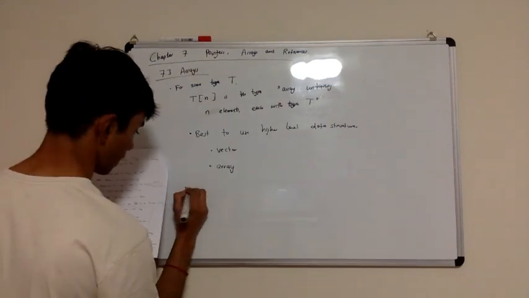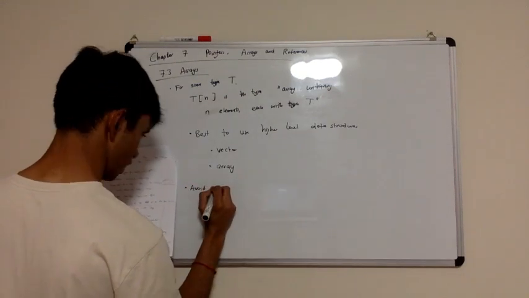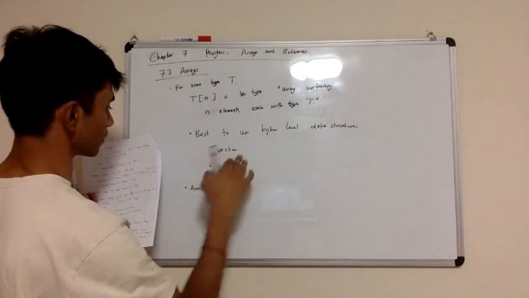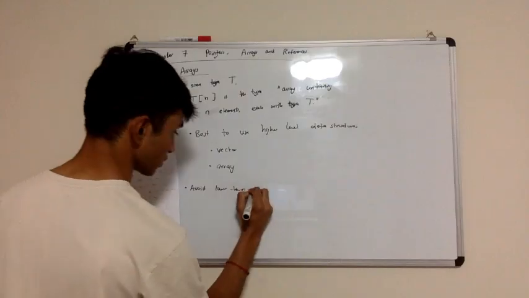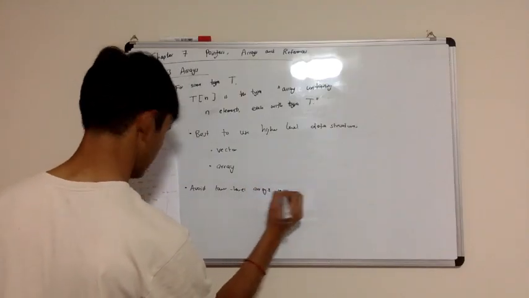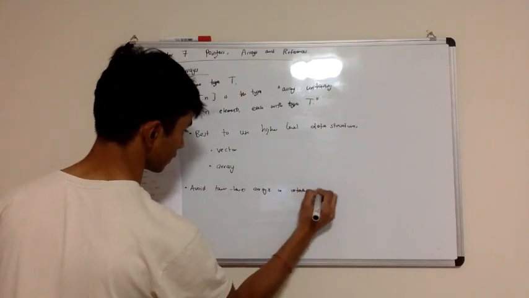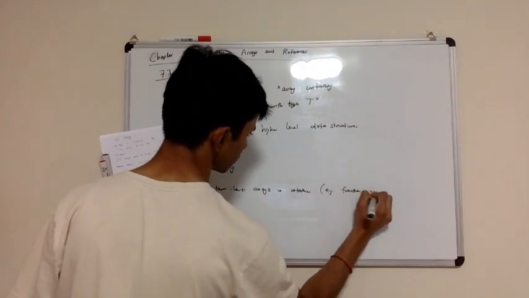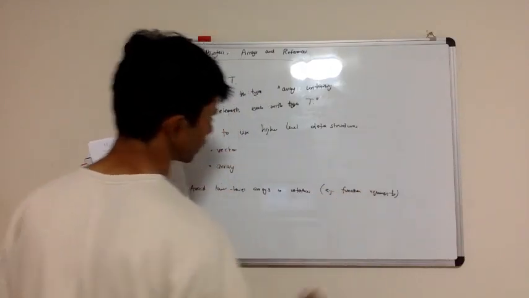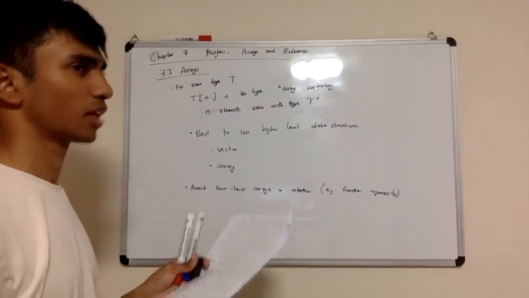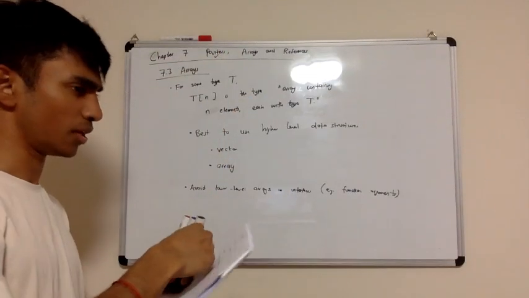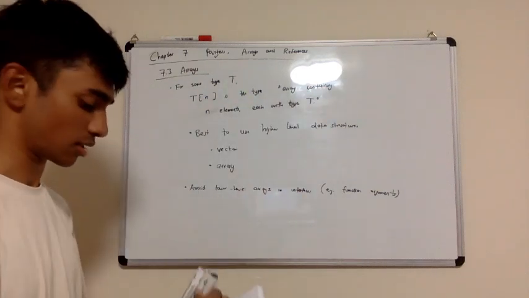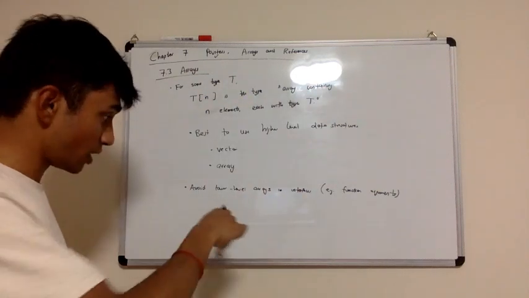Now, it is good to avoid lower level arrays, or simple arrays, like the arrays we've been talking about, not the library array. Avoid lower level arrays in interfaces, so things like function arguments. Interfaces in general, I believe, means anywhere where you parameterize, where you're taking in some input and you're going to use that input. So function arguments is an example. This is a problem because